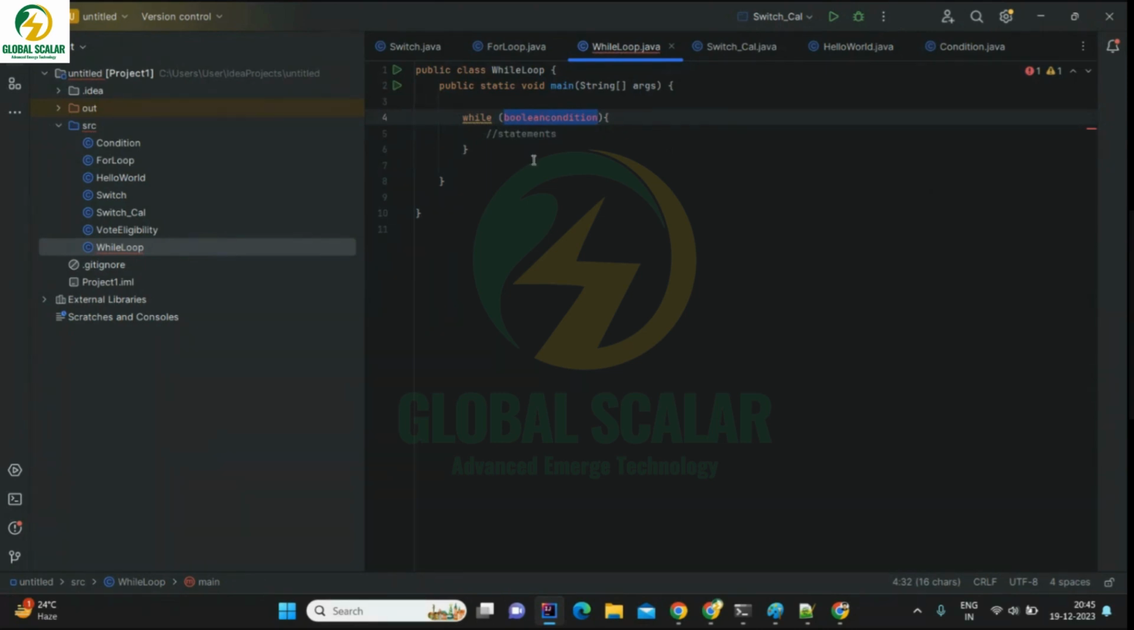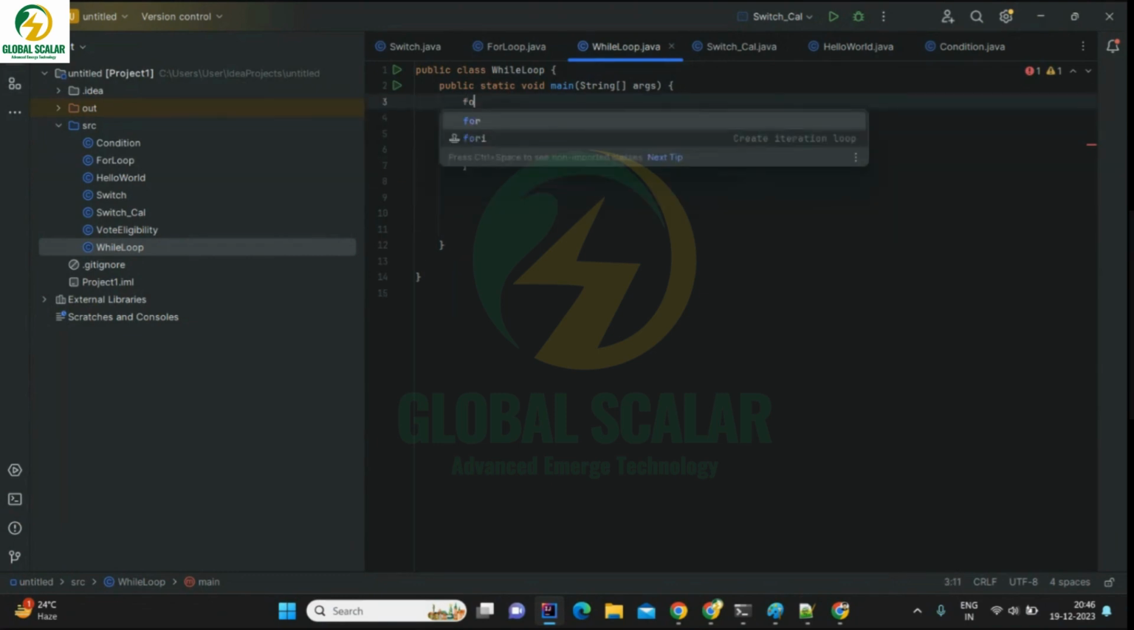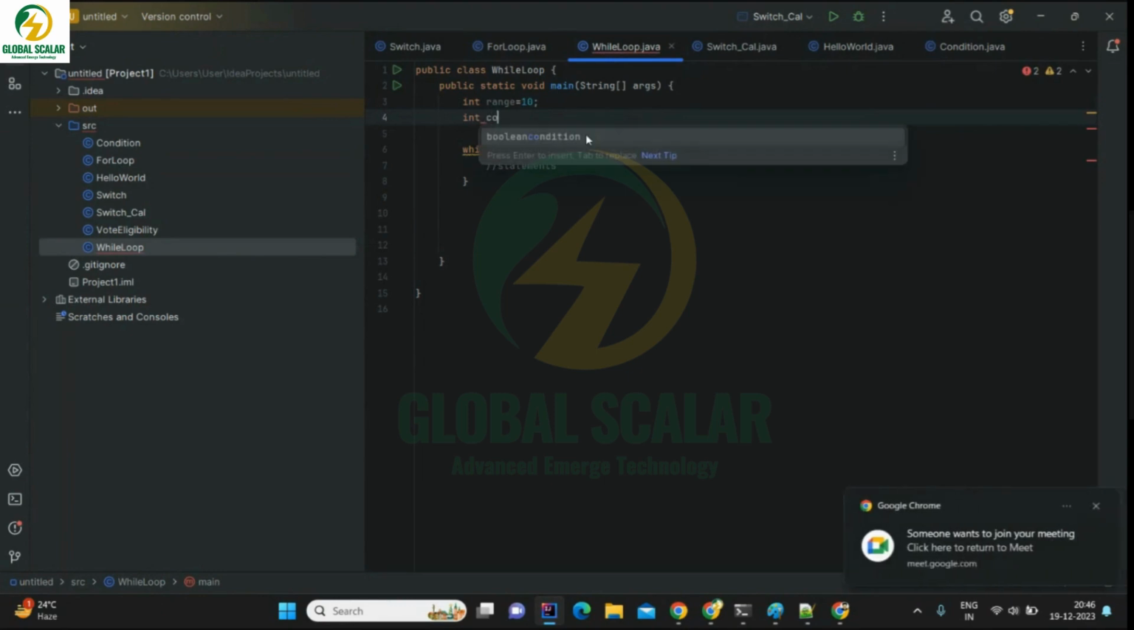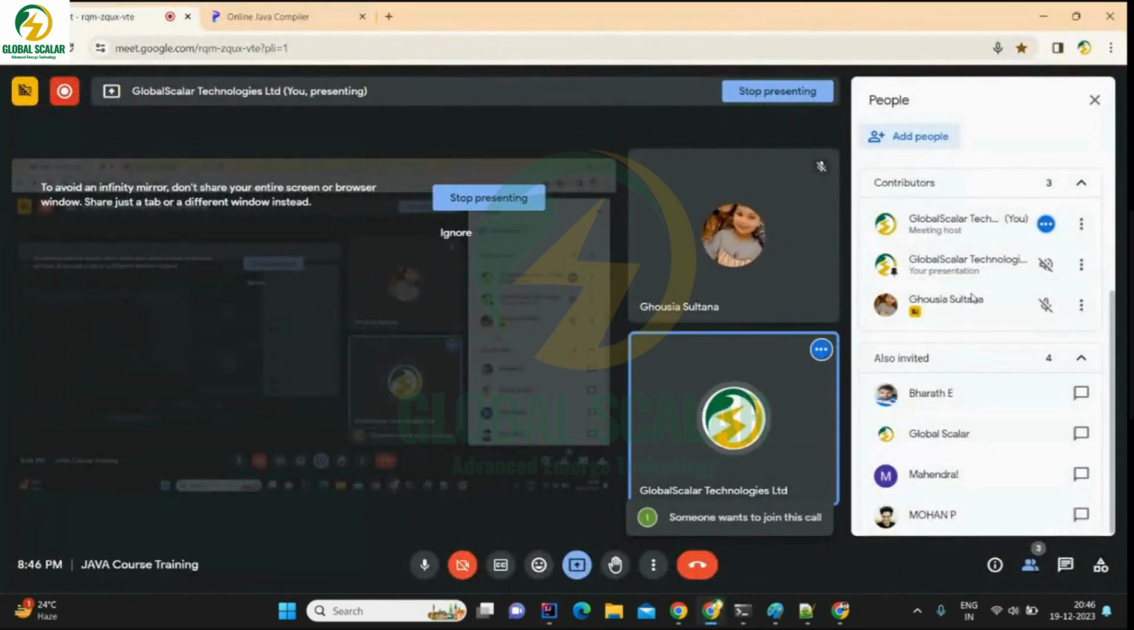So let me write a simple program. So using for loop, suppose I want to print some numbers 1 to 10. We did it using for loop. Now we will see range is equals to 10. So we are going to write